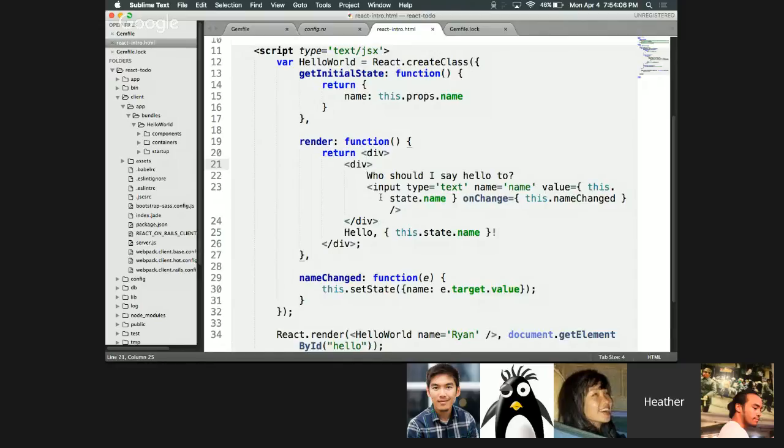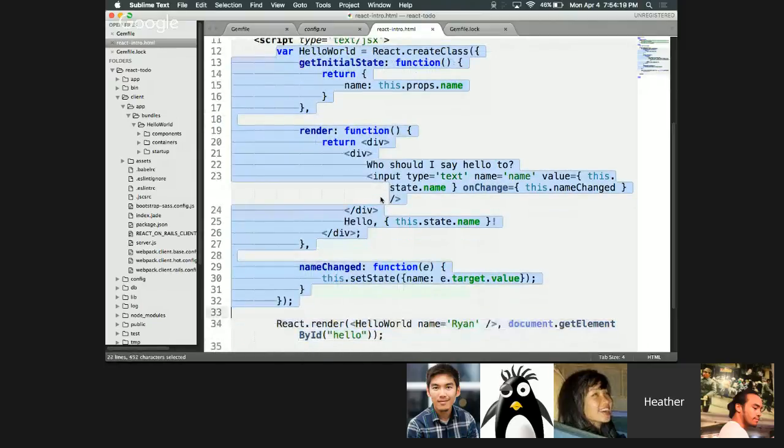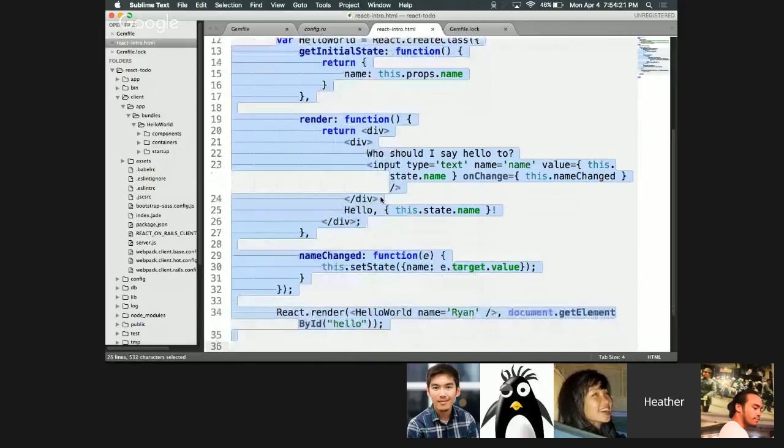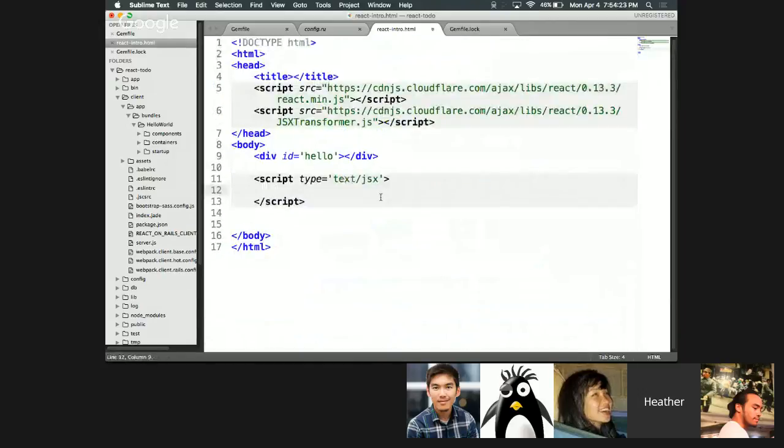Cool? Okay, so we're going to try something a bit more functional, a bit more cool. We're actually going to make a to-do application instead of just our simple hello world application. So I'm going to wipe out all this to start with, and we're going to create a brand new component. So inside here, we're going to start by naming our component. We're going to call this to-do app,